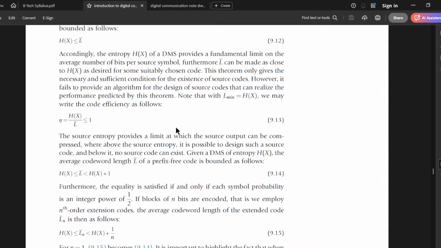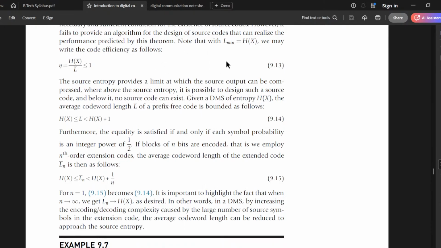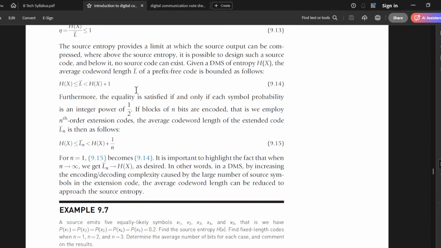We may write the code efficiency as Hx upon L, which should be less than or equal to 1. The source entropy provides a limit at which the source output can be compressed. Given a DMS of entropy Hx, the average length will be bounded as Hx plus 1. Furthermore,